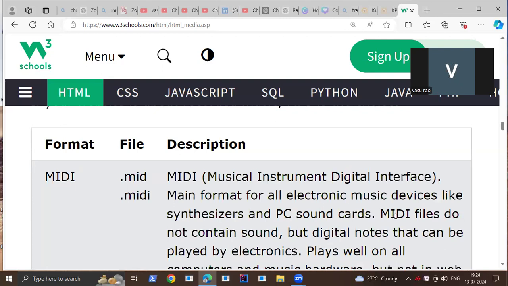So MIDI, full form Musical Instrument Digital Interface. MIDI files do not contain sound but digital notes that can be played